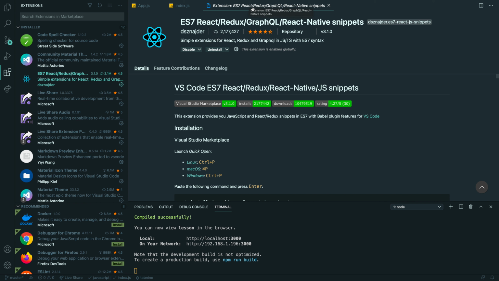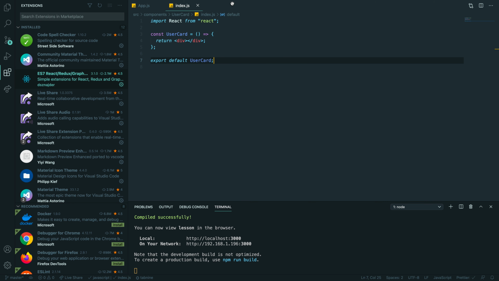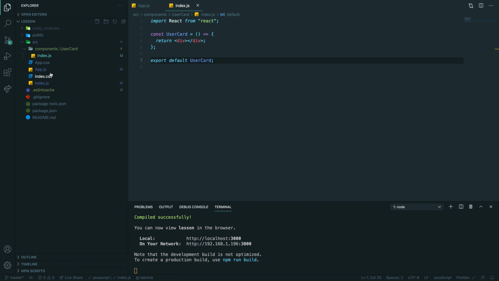Okay. So now this is the basic structure, right? If you're creating a component, for example UserCard, you give that component a name, UserCard, the same name, and you need to export default this component.